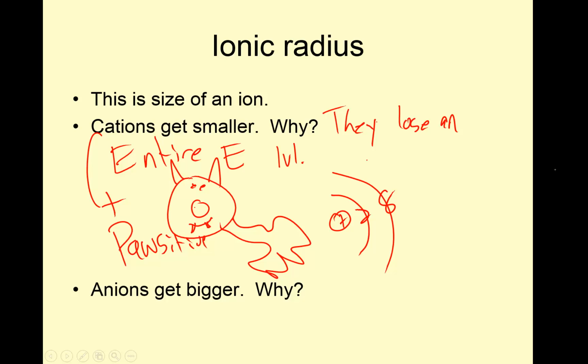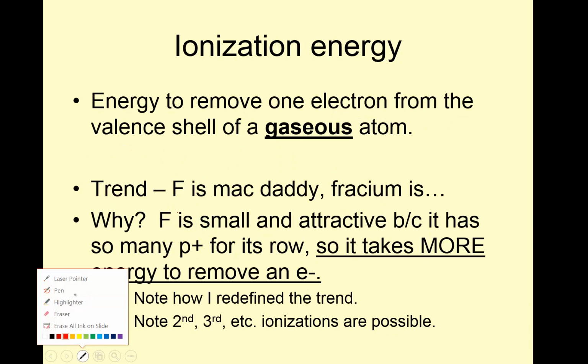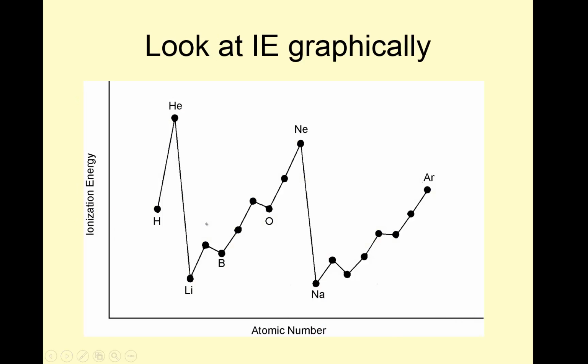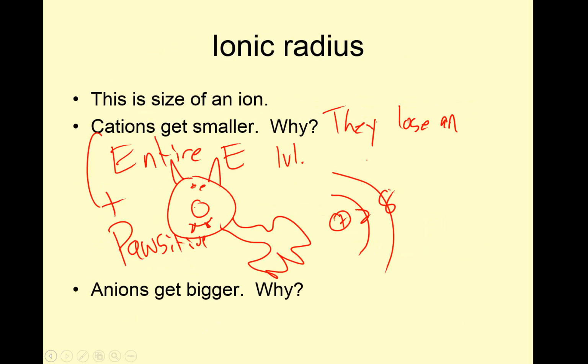Anions get bigger. Why? In the same setup, if I have 6 electrons, and then I add more electrons,